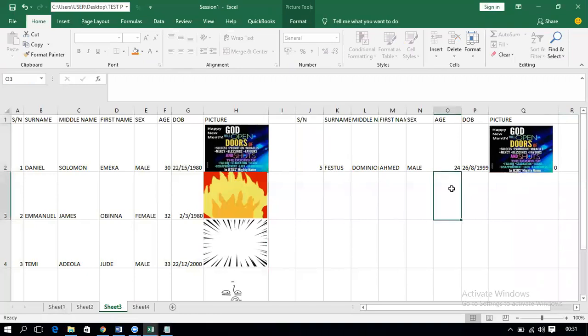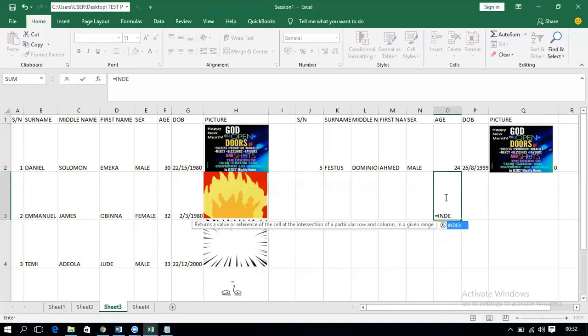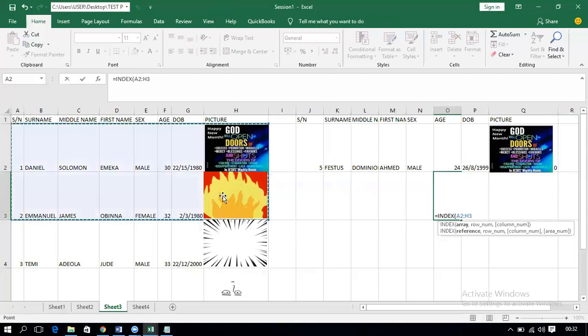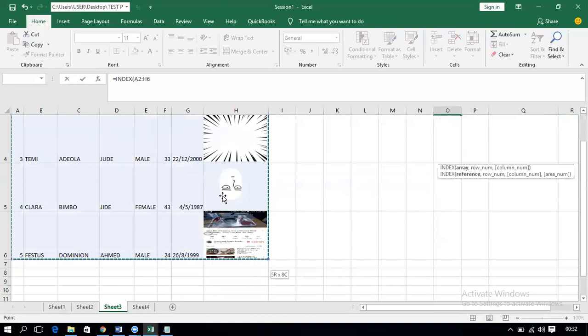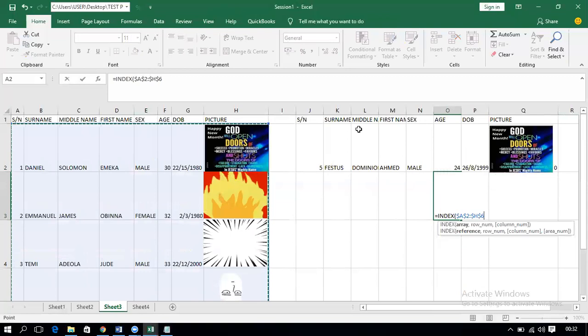So let's quickly write a formula, an INDEX and MATCH formula, to get this picture properly in line with the information that it's carrying. Then we say equals INDEX. Index what? This is the whole area for INDEX. The whole index area. We'll lock it, function F4 locks it. We'll say comma. Now we MATCH. We match this J2, lock it,